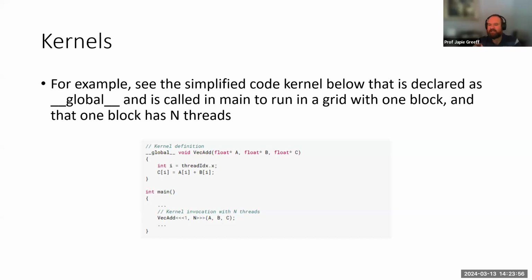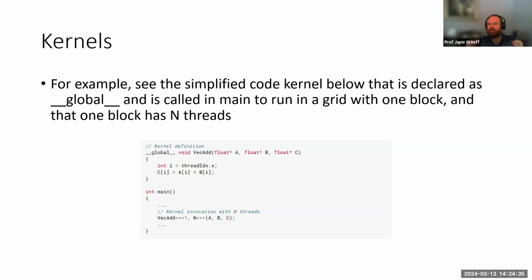What you'll see is in the main function, which is where the CPU is going to run from, the kernel is invoked with three larger-than and smaller-than symbols, the little arrows, and it is indicated as having a 1 and an N. That means our grid has only one block inside of it, and N is the number of threads inside that block,